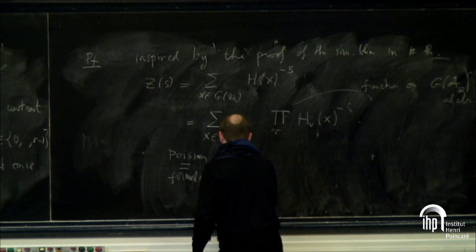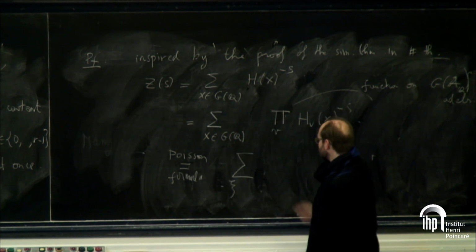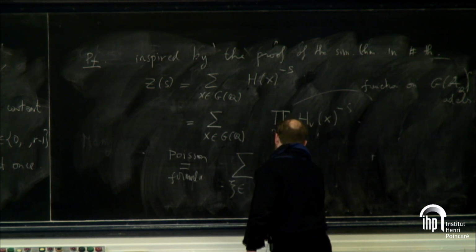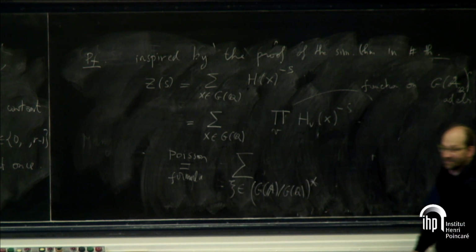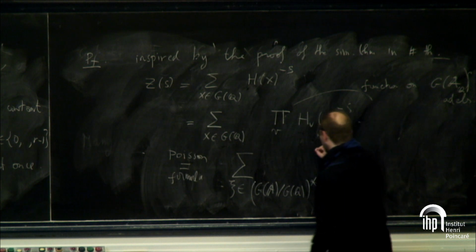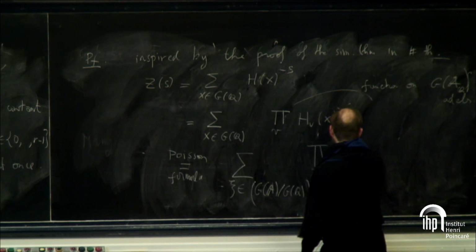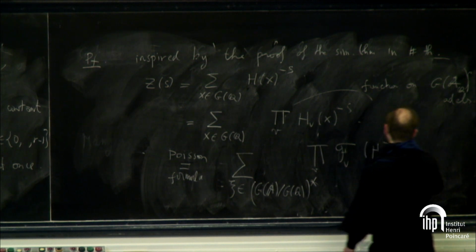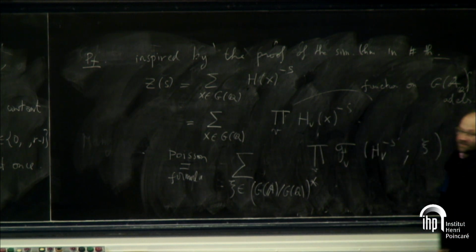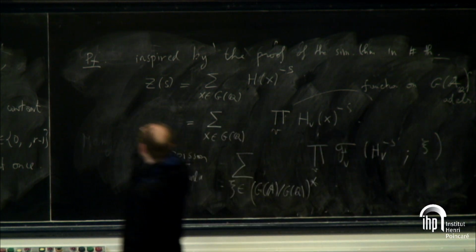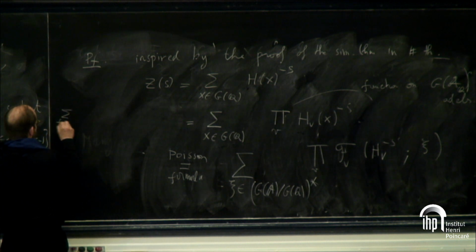And this formula transforms this sum to a sum over some characters of the adelic group, which are trivial on the subgroup there, of the products over all v of the v-adic Fourier transform of the functions h_v to the minus s computed at the character xi. And so this is the analog of the Poisson formula that says that if you have a function